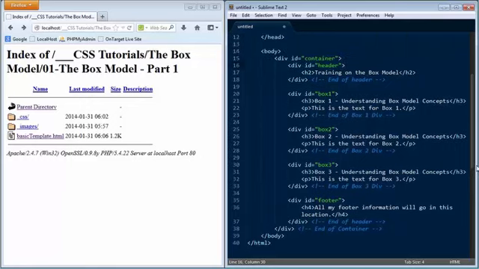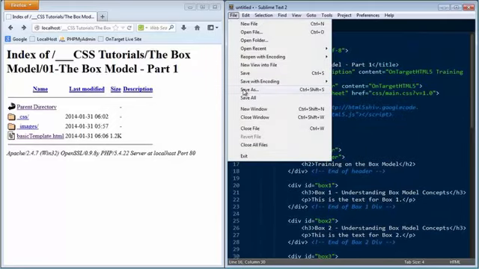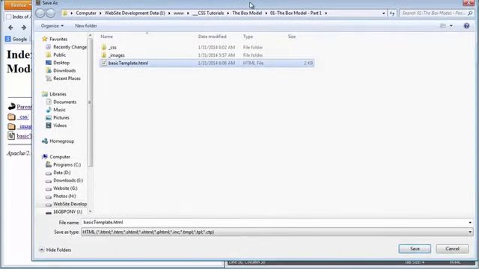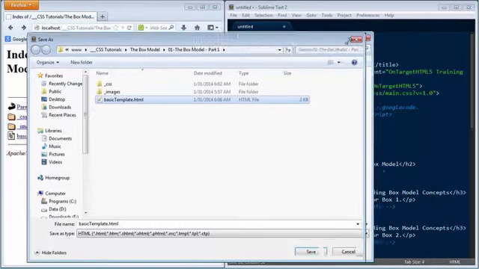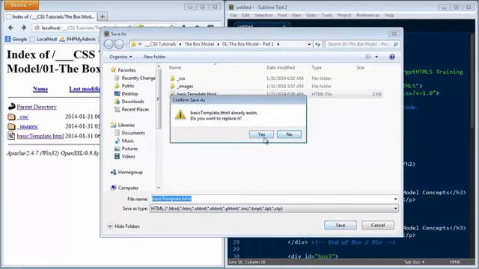All right, so hopefully you've got everything typed. I'm going to go ahead and do a save as. I want to actually save this as the basic template right there inside. Let me go ahead and resize this window for y'all so you can see that we're inside of our root folder. In our tutorials, I'm going to go ahead and save this as the basic template so it shows up in your